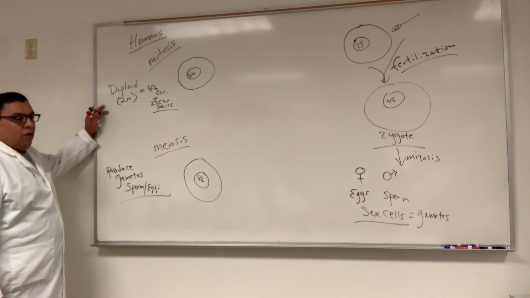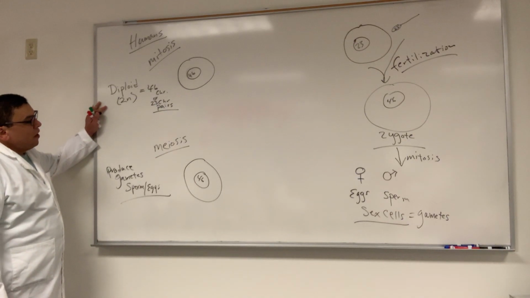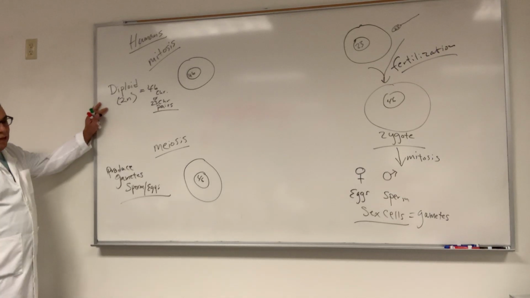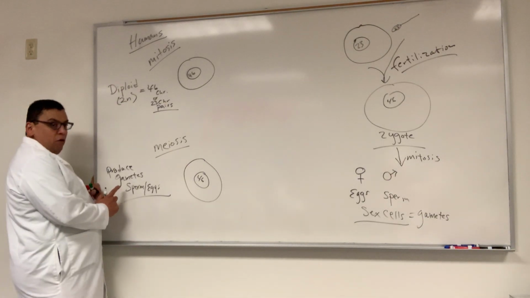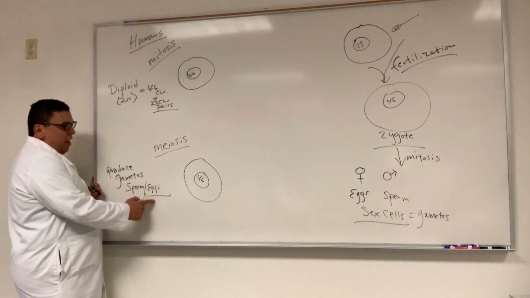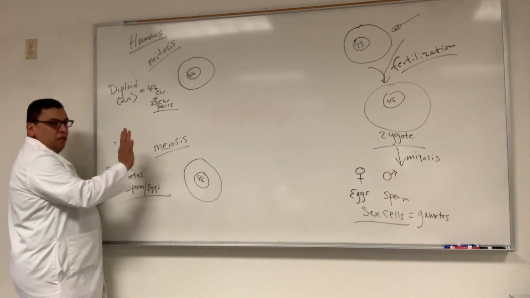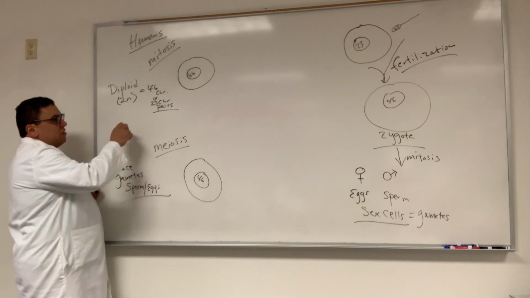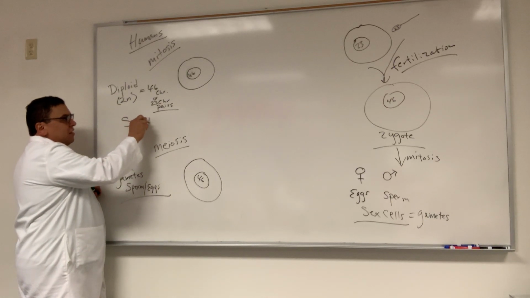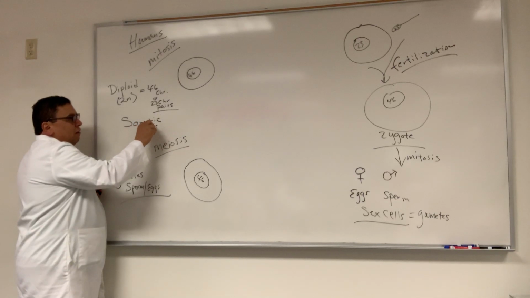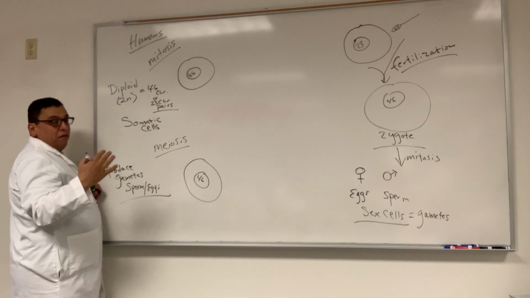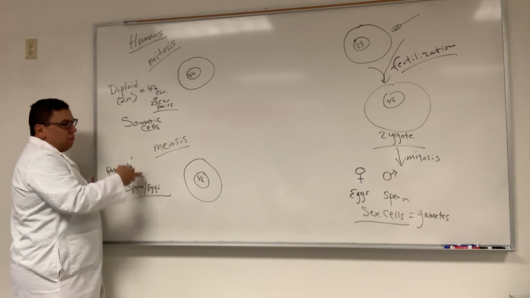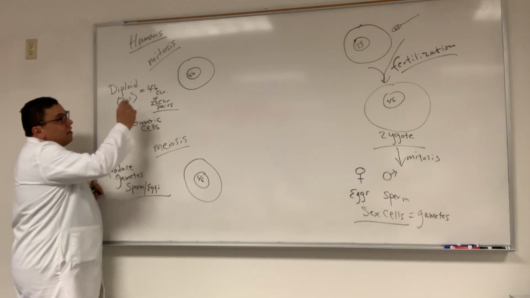Now, all your other cells multiply by mitosis. Now look at this, short list, long list. Remember the what list? Short list. Everything else is on the long list. Here's your short list. Gametes are sperm and eggs produced by meiosis. That's it. All your other cells are called somatic cells. For example, liver cells, somatic. Skin cells, somatic. Heart cells, somatic. Anything that is not egg or sperm is a somatic cell. And that is by mitosis.